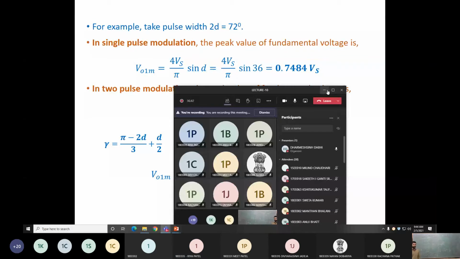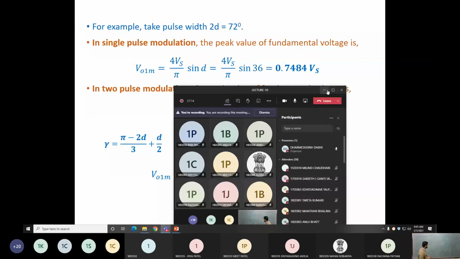So again the same logic. If you remove the lower order harmonics at third, fifth, and seventh, the frequency is low, so you require a large size of the capacitor. So for removing the lower order harmonics, you require a large size of inductor as well as capacitor. Ultimately the size of the filter will increase, and as the size of the filter increases, the cost of the filter will increase.